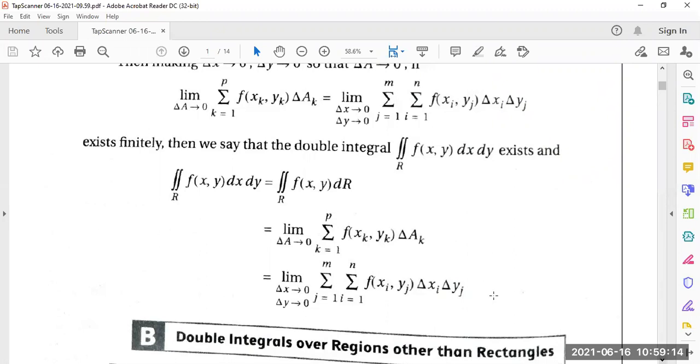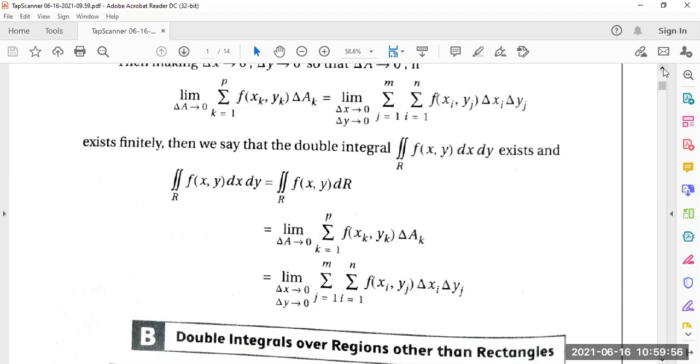In the case of our single integral, there was only a single limit for delta x, and here, in the double integral, both variables x and y are present. So we have to take the limit as delta x tends to 0 and the limit as delta y tends to 0. This is called the double limit, or sometimes the repeated limit also. Is it clearly understood by everyone? This definition is not required for you, you only have to find the solution. But without this definition, your concept will not be clear. So I am going through this definition. Is it clear?